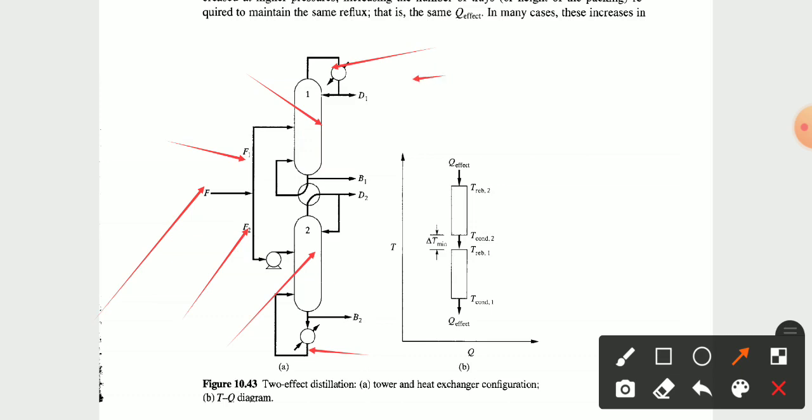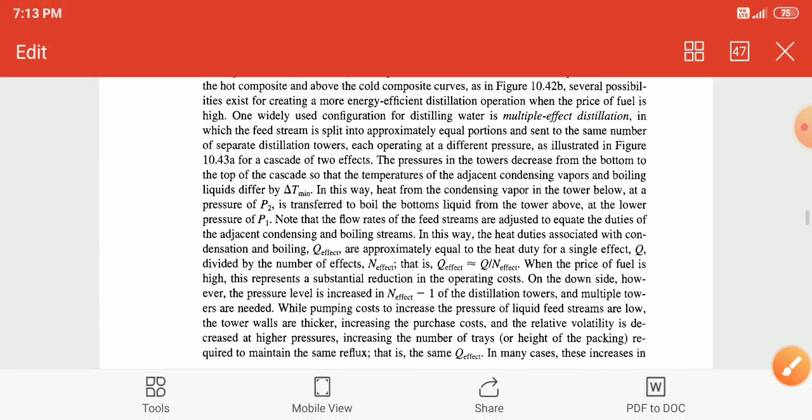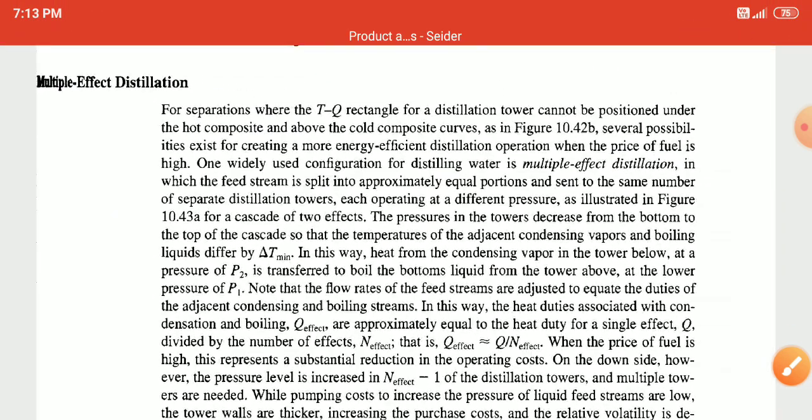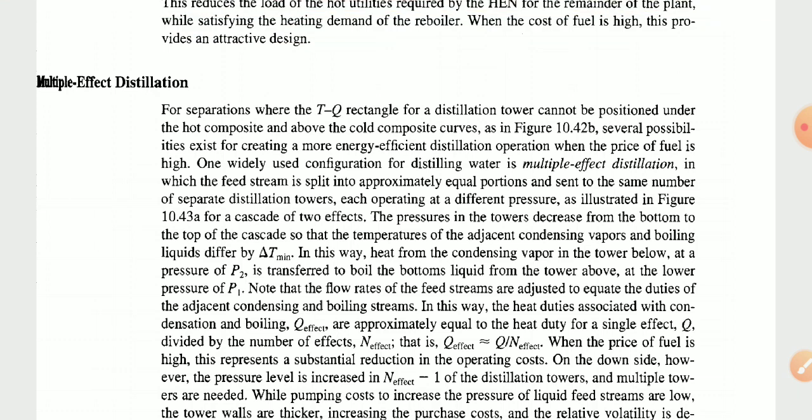This is a decanter separator here, and the decanter part too. Graphically it is a temperature Q diagram, for Q effect and the condensation part, for a reboiler also with a delta T minimum difference. We have completely drawn this diagram for multiple effect temperature. Multiple effect distillation for the separation gives a rectangular TQ diagram. A distillation tower cannot be positioned under these conditions.